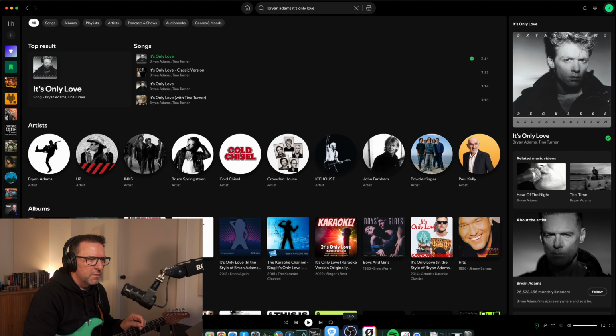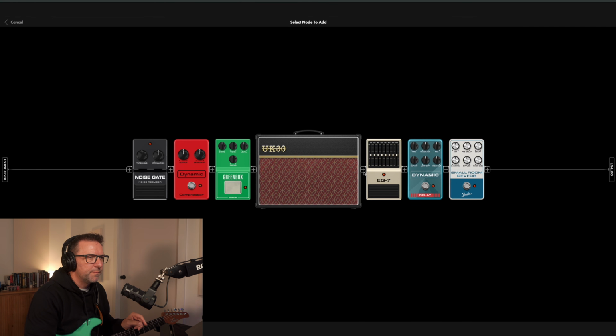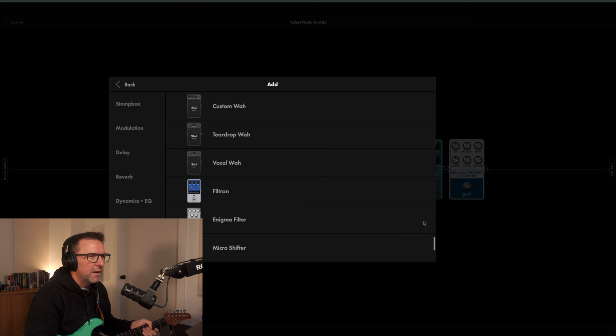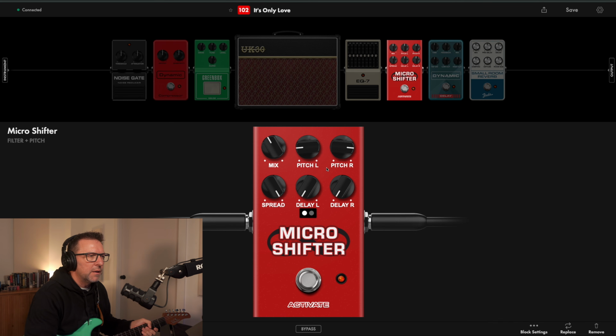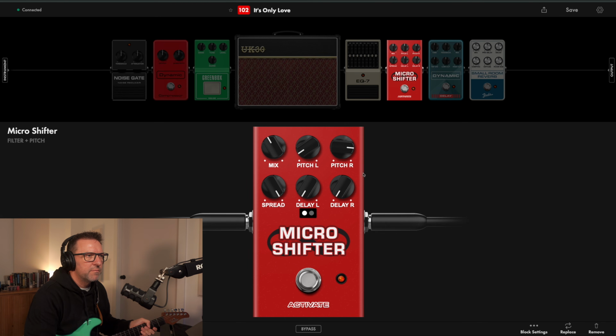I wonder, it's got two guitars playing, so I want to fatten it up. And I really like the new Micro Shifter, so I'm going to add that as well. But maybe, well, yeah, not that much. Maybe like 4 cents.